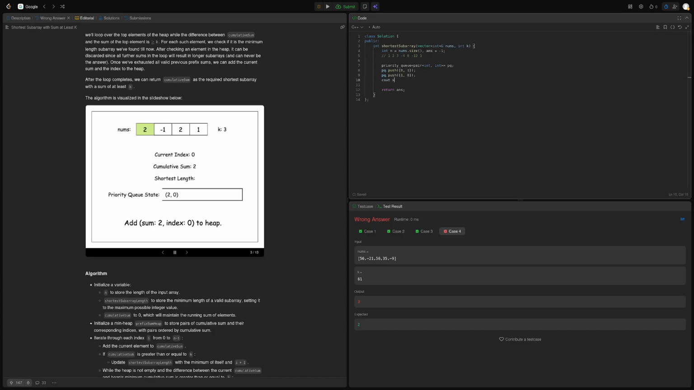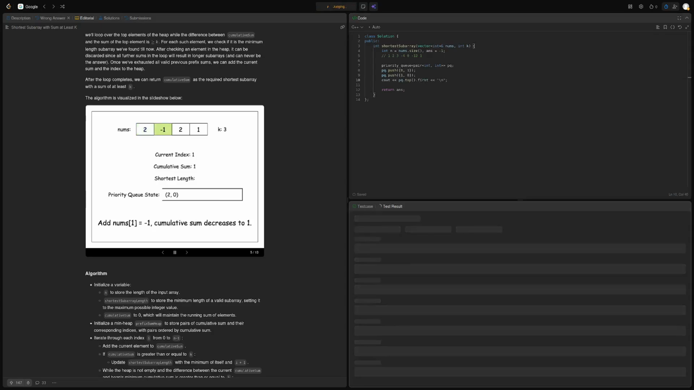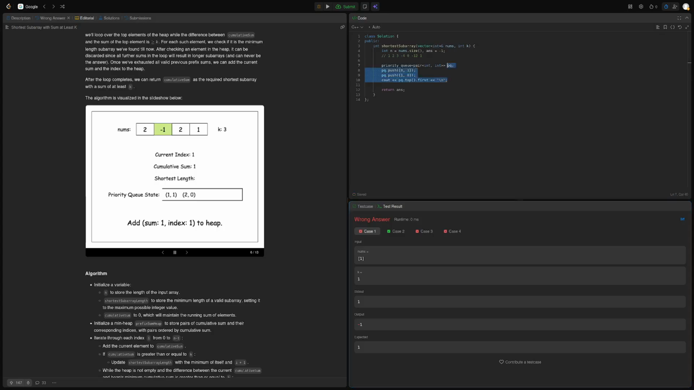Every time I forget this, and every time I forget this, I say every time I forget this. It's ridiculous. Let's see. So max, okay. PQ push, n+1, and now